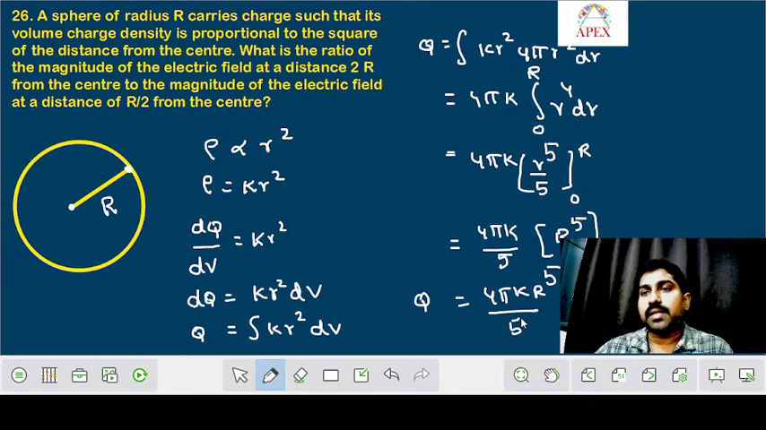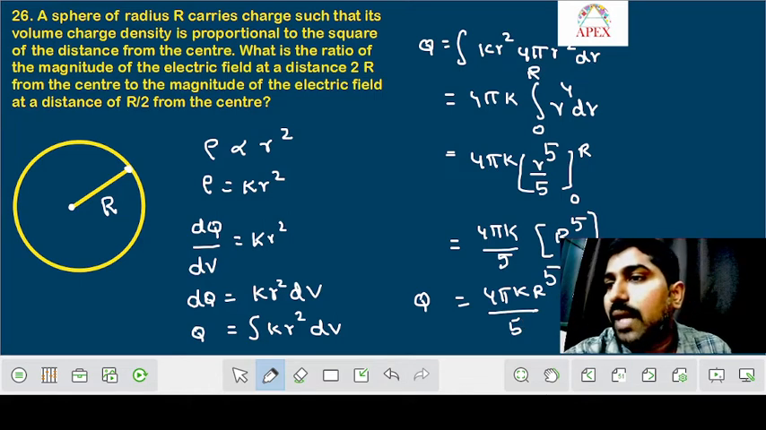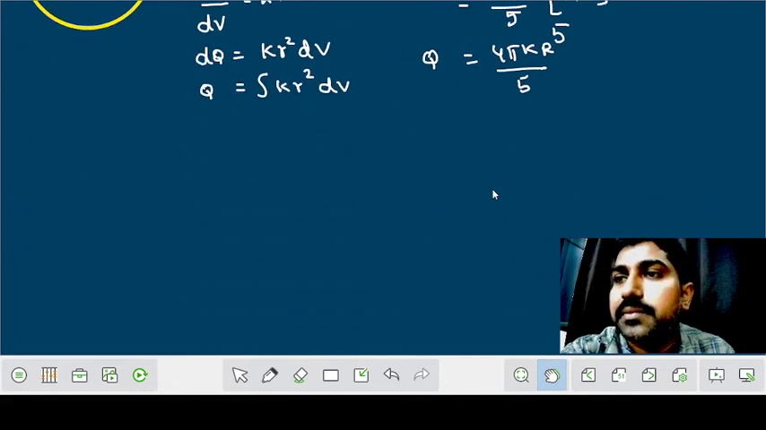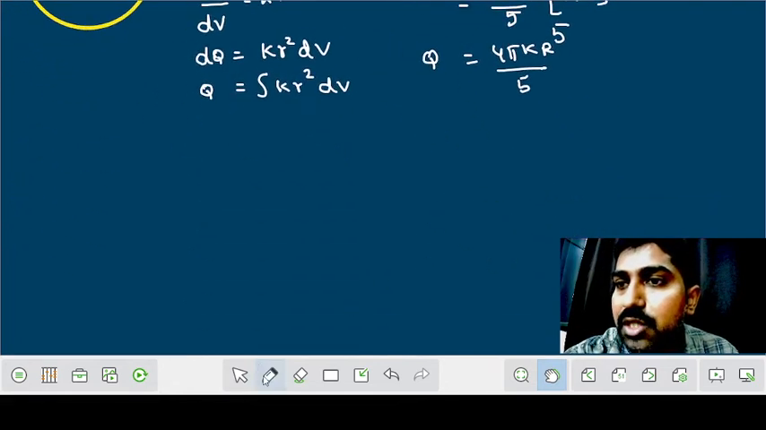But now the question is, you have to calculate electric field intensity at two different points. One is at a distance 2r from the center, which means it is outside the sphere. Another point is r by 2 from the center, that means you have to take the point inside the sphere. For both of them you have to separately calculate the electric field intensities, and then we can take the ratio. So see here,